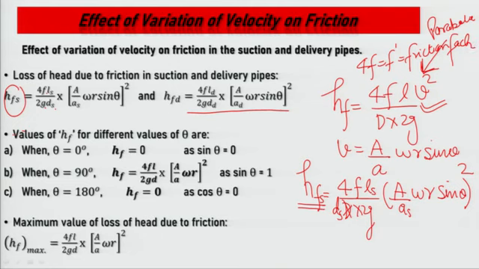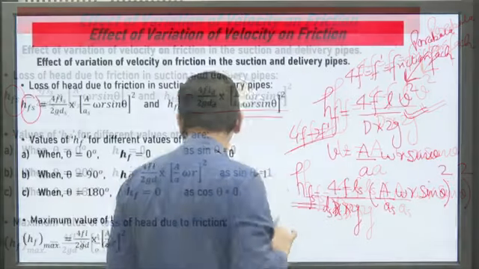So, sometimes if we introduce 4f, this f becomes the coefficient of friction. In this equation, f is the coefficient of friction. If this becomes f dash, 4f becomes f dash, which means friction factor. So all the time we are considering the coefficient of friction, that is why we are saying this is the 4f. Okay. Do you follow my point?